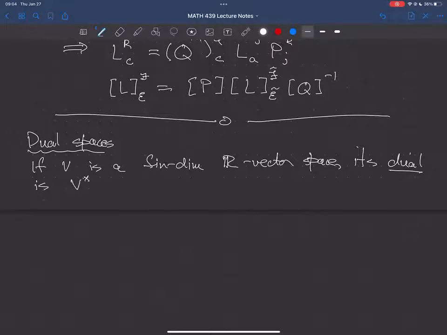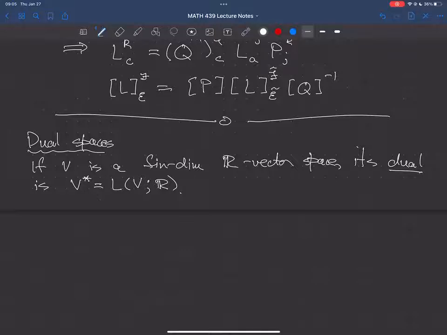And the dual I denote by V star. It's simply the set of linear maps from V into R. Okay, so it's a simple enough thing. For those of you who happen to know a little bit more math than you need for this course,